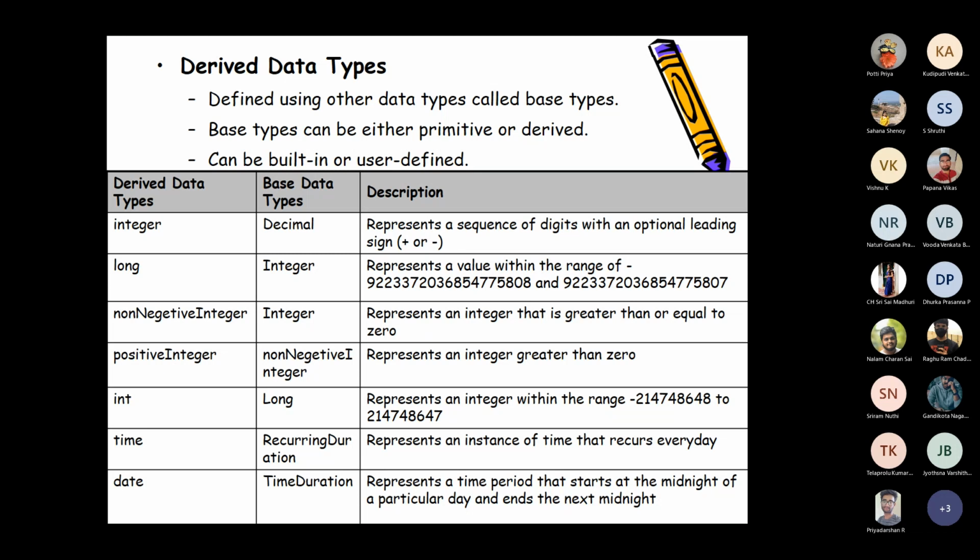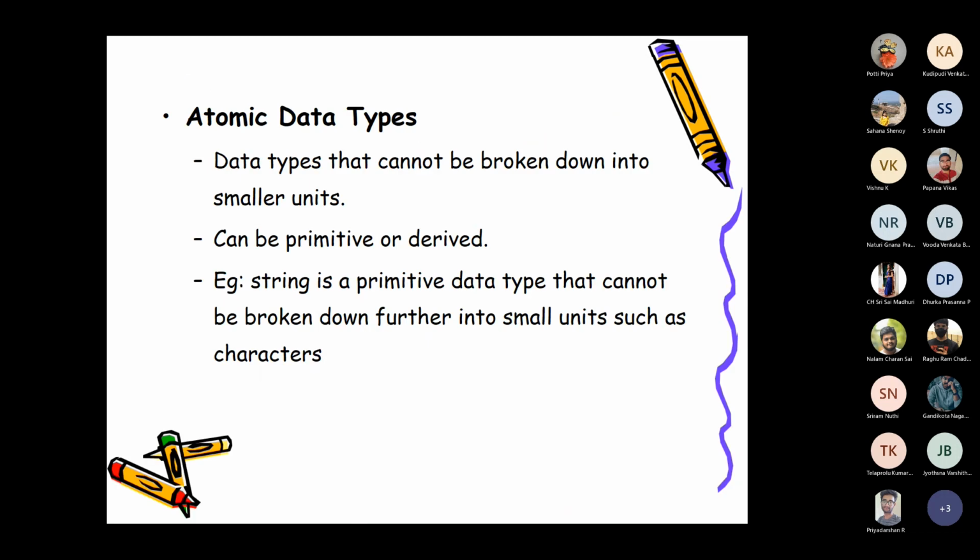Integer itself is derived from decimal. Positive integer is derived from non-negative integer. And from long, int is derived. From recurring duration, you have derived time. From time duration, you have derived date. So a few more additional derived data types, which are basically derived from other primitive data types.